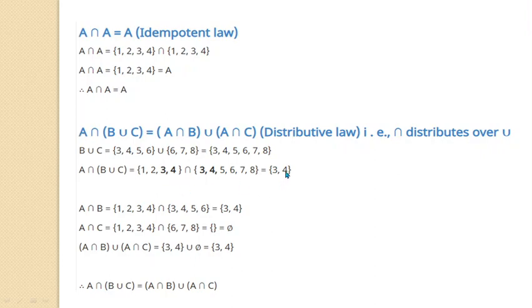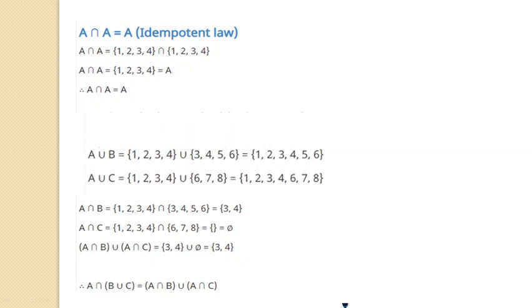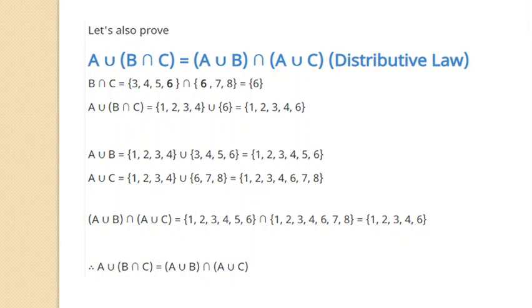Yes, 3, 4 common. Now let's move on to right hand side and let's calculate A intersection B. Then let's calculate A intersection C one by one. So what is common in A and B? 3 and 4. Is there anything common in A and C? Nothing is common. So 5. Then we have to take union of both the sets 3, 4 and 5. So what is union of these two sets? 3 and 4 only. And see, LHS is equal to RHS. So distributive law also proved. This is another distributive law and I would suggest you to please prove yourself.